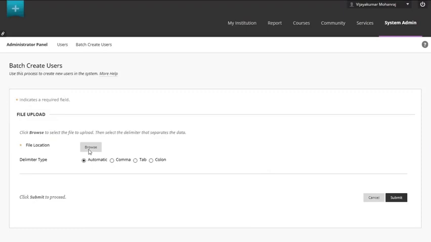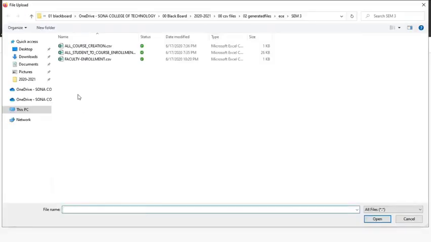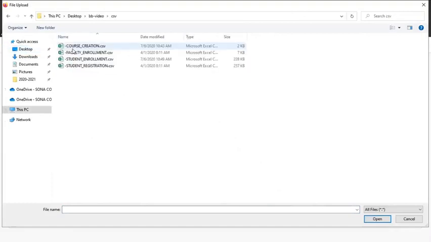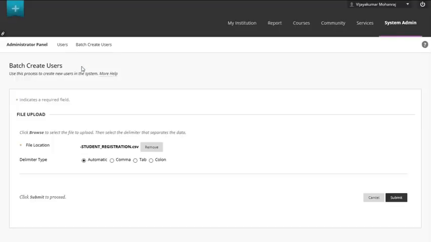Here go to the browse and go to the Excel file that we have created. Create student registration is the file we have created. For creating user, select the file and then click submit. After clicking submit, we'll get the success message. One more thing we have to notice, if you don't know anything or if you forget something,